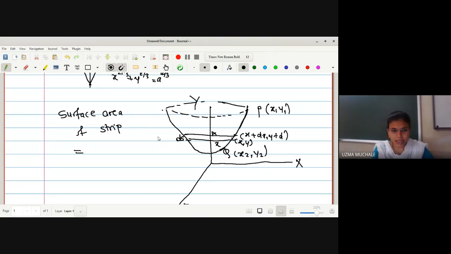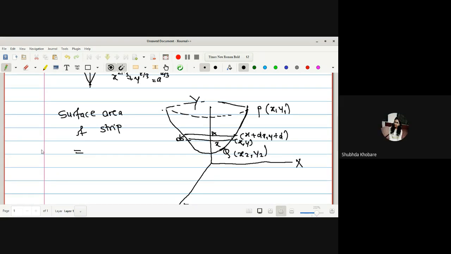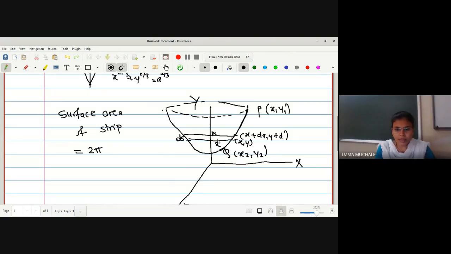Disk. Assume that this is like a disk. You can find out the area of a disk. Okay. Can you tell me what is the circumference of the circle? 2 pi r. R is nothing but this radius, no? With the help of the radius itself, this disk is considered, no? So I can take it as x.